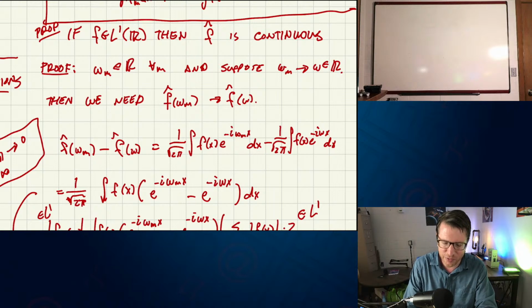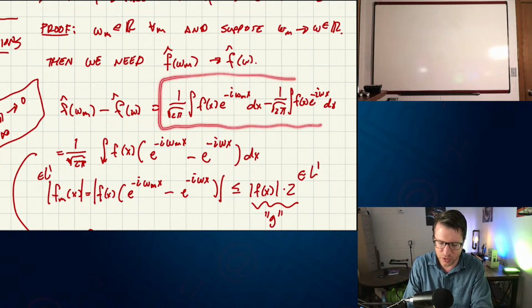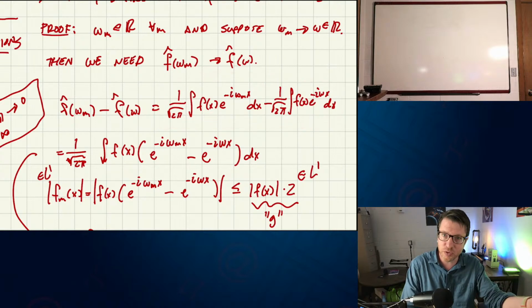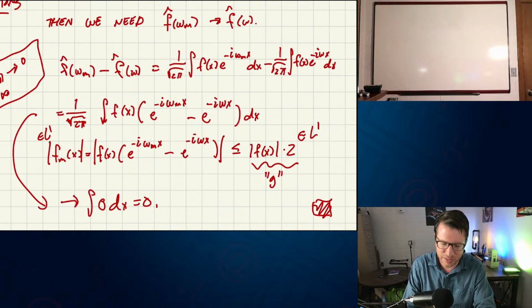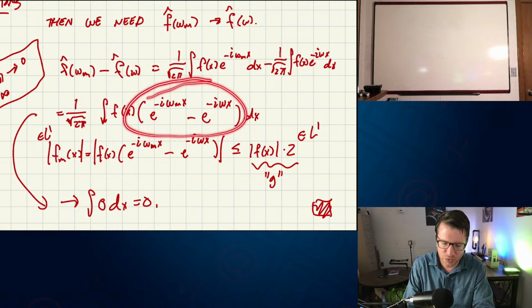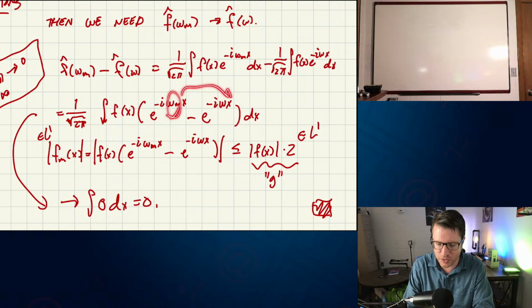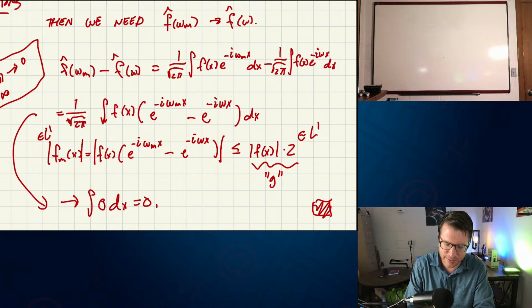So for the Fourier transform of f, we took their difference, and we expanded them both in terms of the integral. Integrals are linear. That means you can pull them out of the sum, and then that left us with this. And so now we see that the continuity property really just relies on e being continuous. If omega m converges to omega, then this does go to 0 pointwise. And so that's great. And so then we have that pointwise condition that we needed out of our dominated convergence.